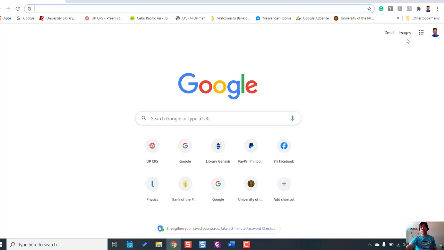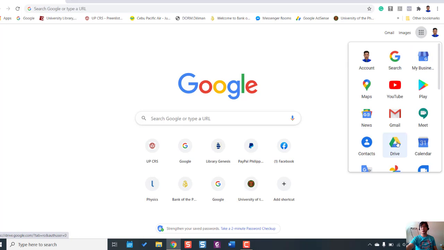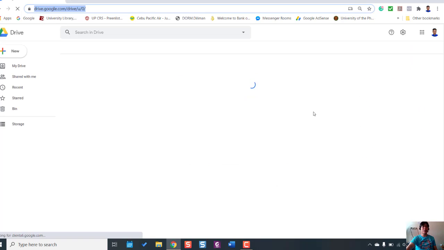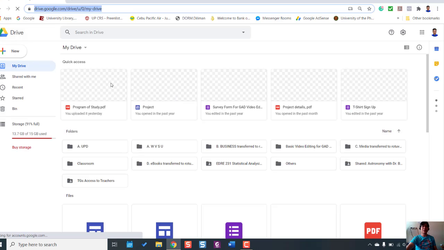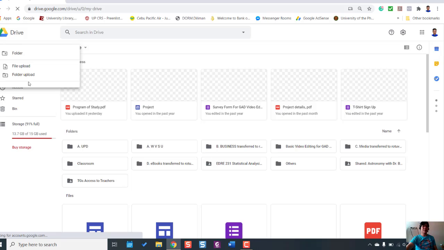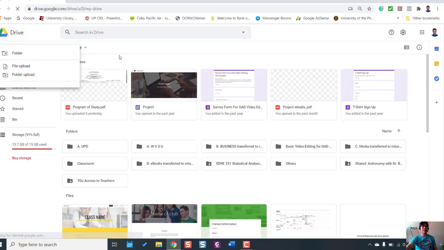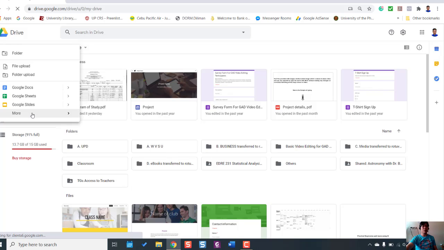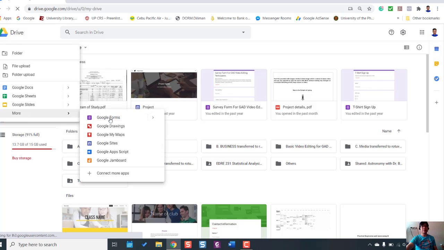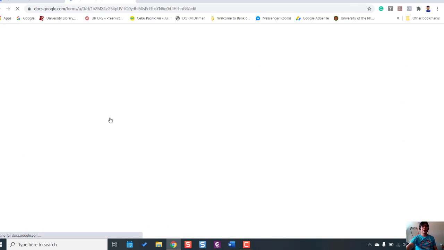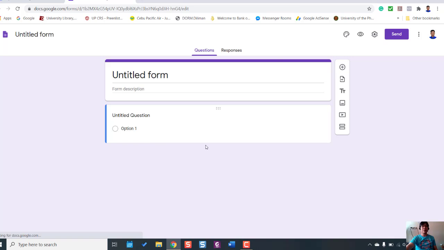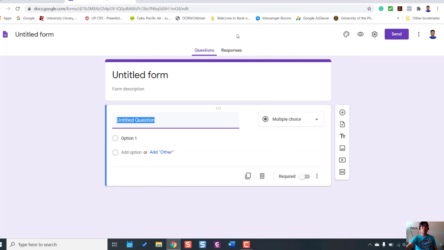Okay, from scratch we will have this Google web page. Then the faster way to reach that Google Form is through here, Google Drive. With your Google Drive, instead of uploading as what we have discussed earlier, this time we will be adding forms. It's loading. Here it is. Okay, more, and Google Forms. Alright, so we have now this Google Form page. Either we can customize that later,